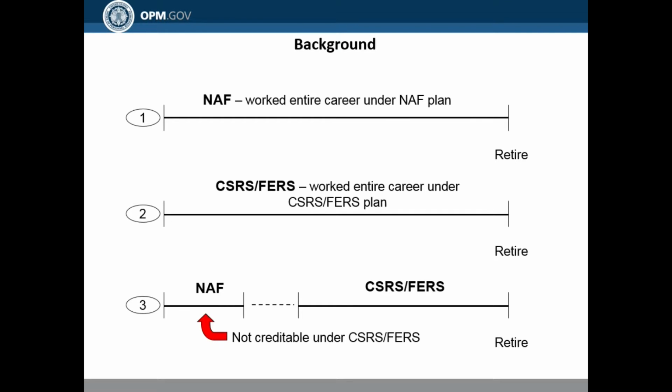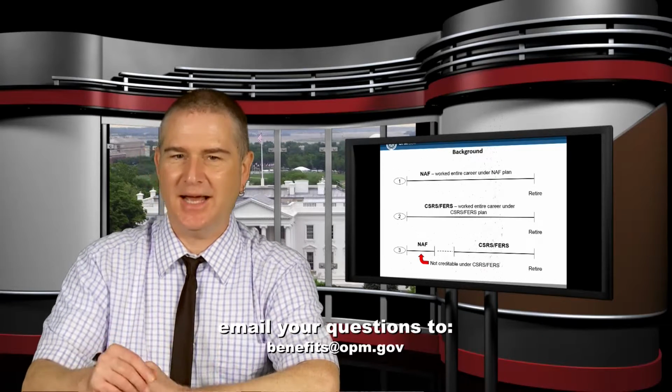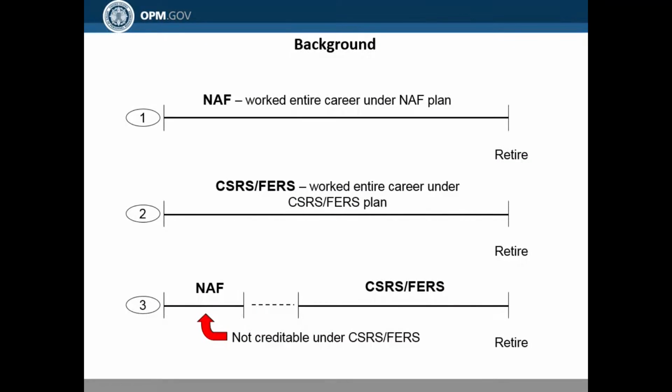Unfortunately, or fortunately, depending on how you look at it, people can actually move from a non-appropriated fund retirement plan to CSRS or FERS, which we also refer to as an appropriated fund retirement plan. So you're going to see that. And on this slide, there are a few timelines that show you exactly the kind of situations you're going to encounter. You could encounter somebody who began their career with NAF, stayed in it, and retired. Same thing with CSRS and FERS.